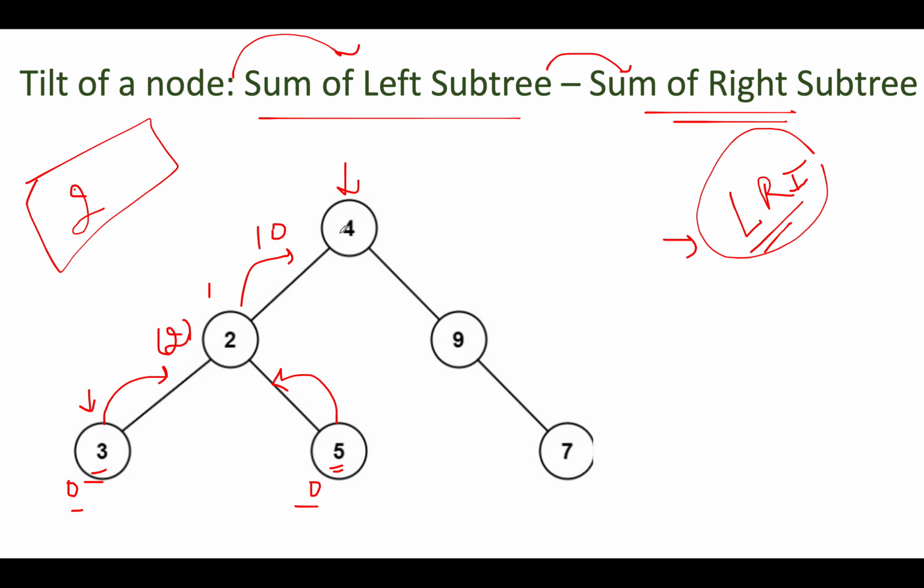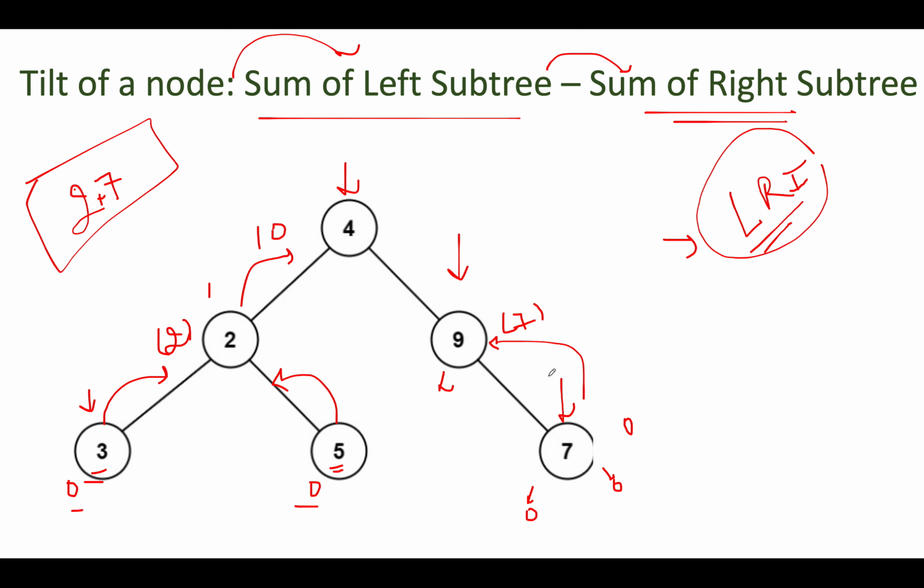Let's do it for the right subtree of 4 as well, and we'll go here. The left child is null. We'll go towards its right child. The left child is null. The right child is also null, so the tilt for this node is 0. Let's go back. 7 is returned from here. The left child is null. The right child gives us 7. 0 minus 7 gives us 7 in absolute value. So the tilt for this node becomes 7. So we'll add 7 to the result. So 2 plus 7 gives us 9. So result has been calculated as 9.